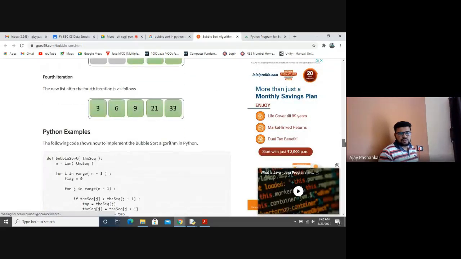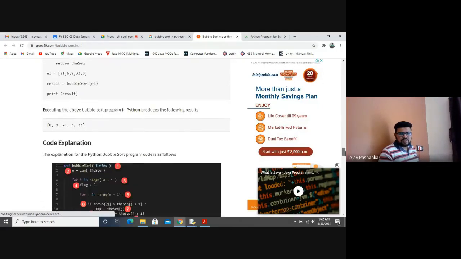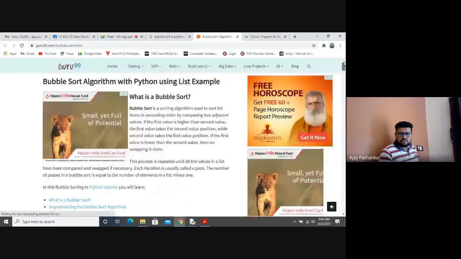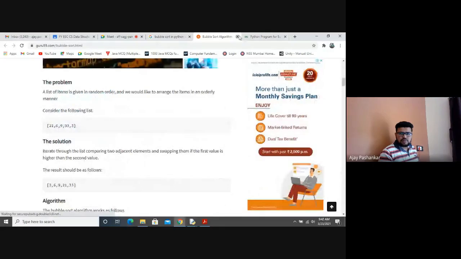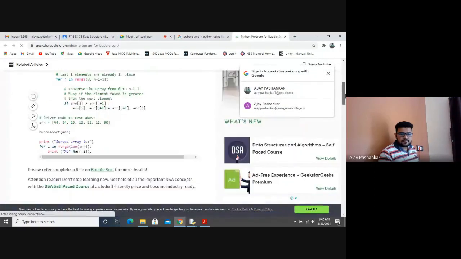Fourth iteration and other stuff. Sequence no issue. They are manually passing the list that I hate most. खुद से get is list based.